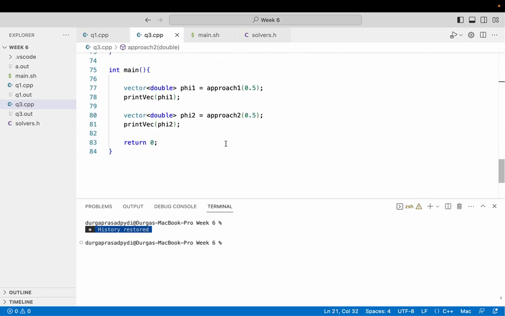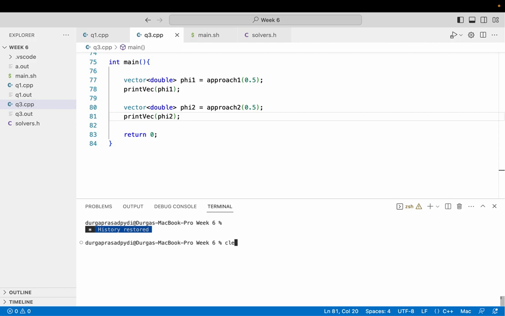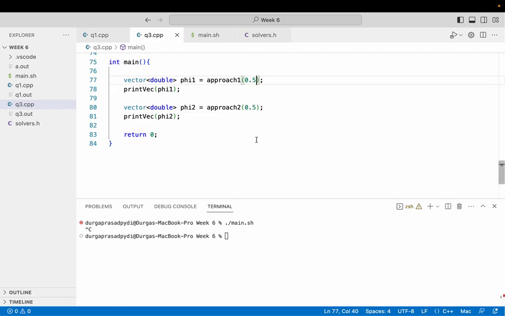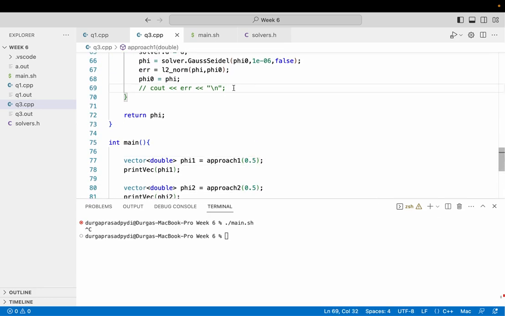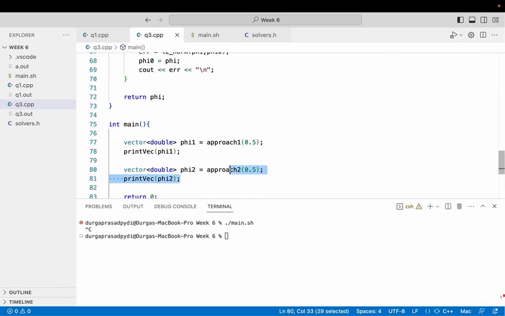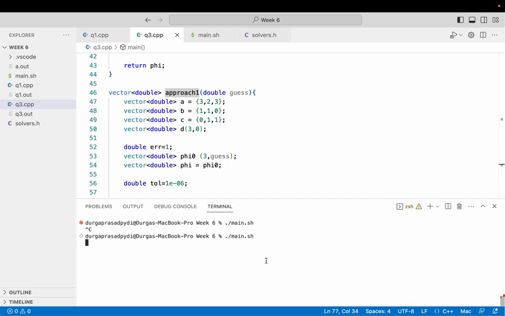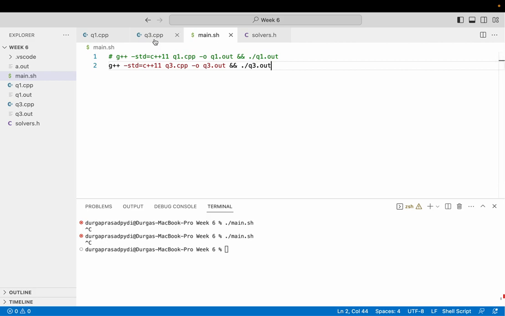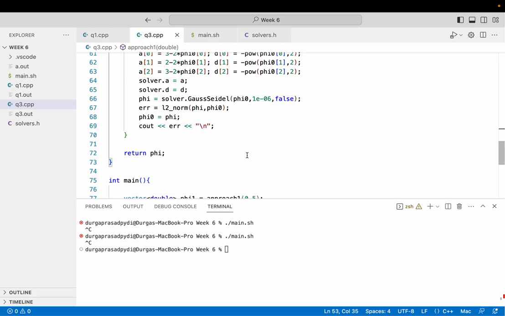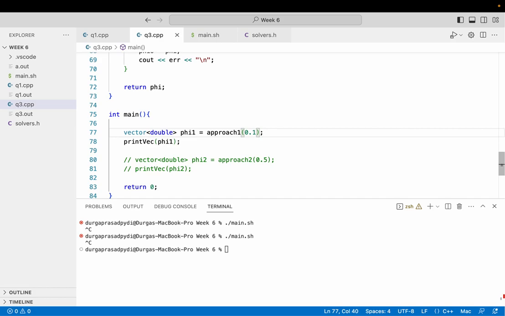So if I compare approach 1 with approach 2, if I give a very low initial guess, say 0.1 or something, very close to the solution,